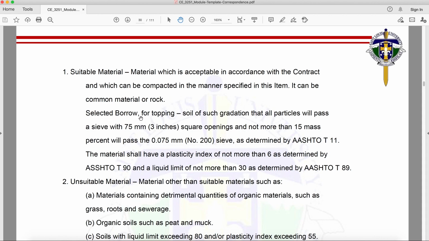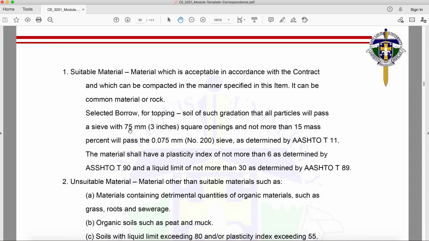So select borrow for topping, soil of such gradation that all particles will pass a sieve with 75 mm or 3-inch square openings, and not more than 15 mass percent will pass on 0.075 mm or sieve 200 as determined by AASHTO